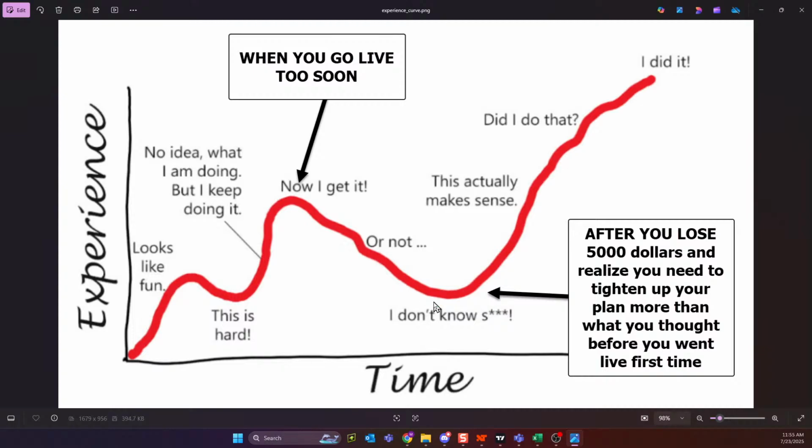And it blew me all the way back to, and forgive the swearing, it knocked me all the way down to the "I don't know shit" stage, where I was so dejected and so frustrated, and I was so angry at John Novak for even getting me involved with this. And I had to do a little soul searching.